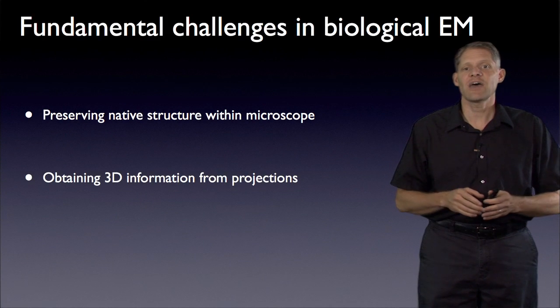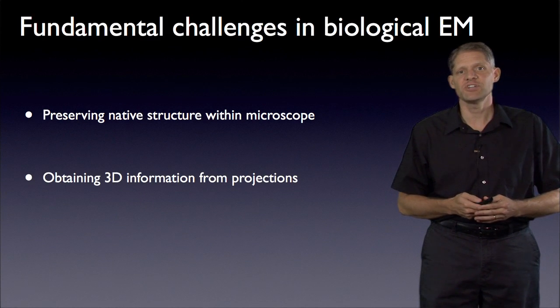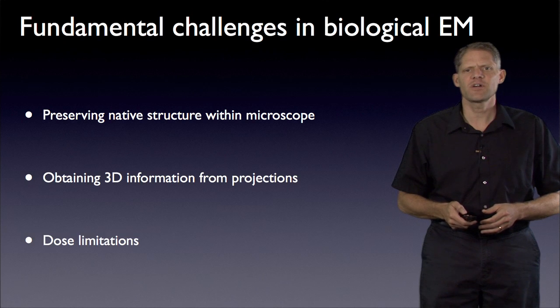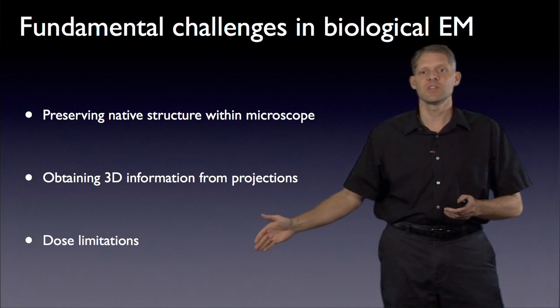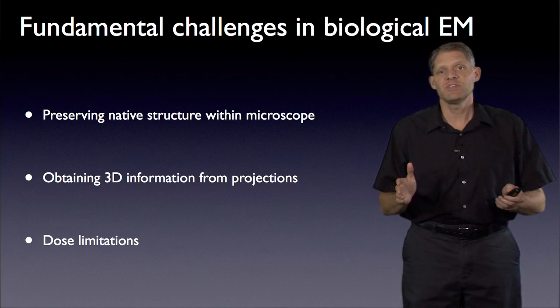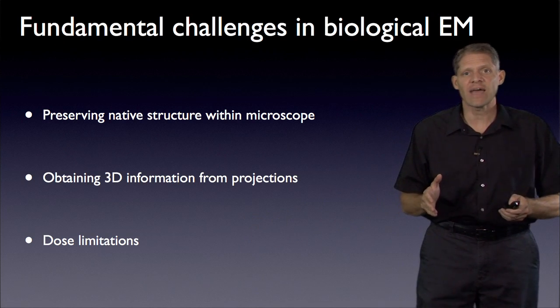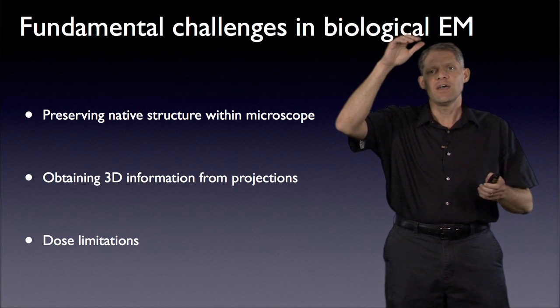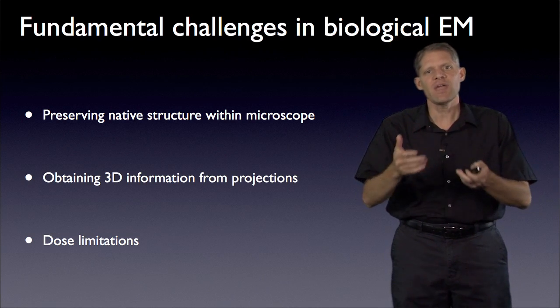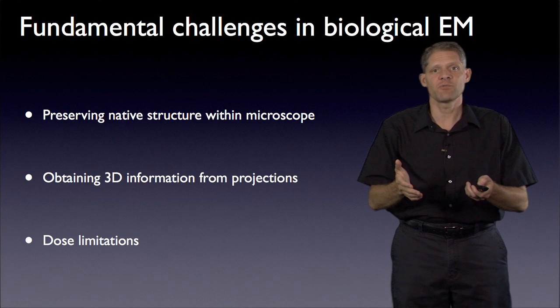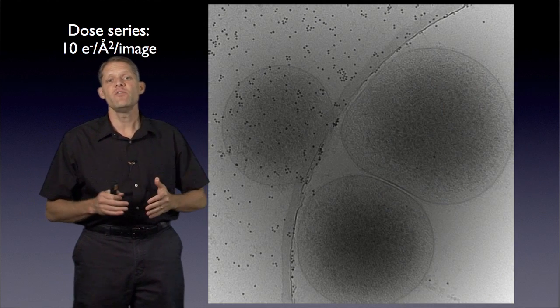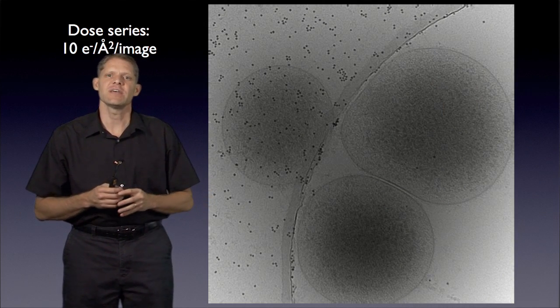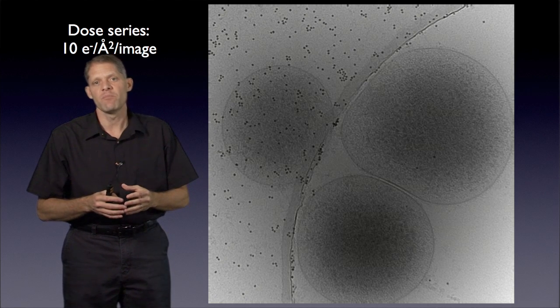Now, having talked about how to obtain 3D information from projections, let's move on to the third fundamental challenge in biological EM, which is dose limitations. Dose limitations are imposed by the fact that the high-energy imaging electrons break the bonds within the structure that we're trying to image. This is a movie that illustrates the kind of damage that happens to cells when they're bombarded